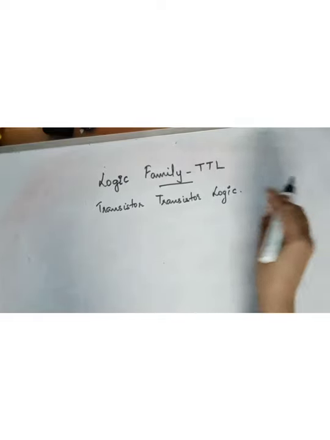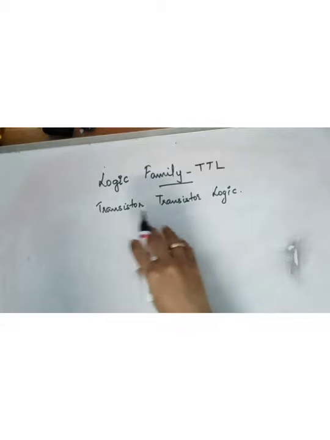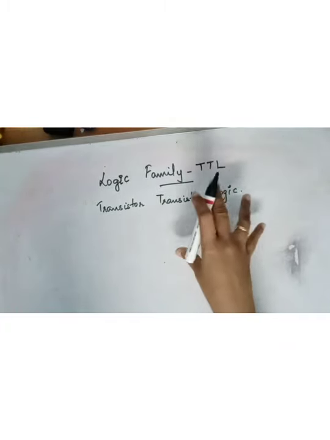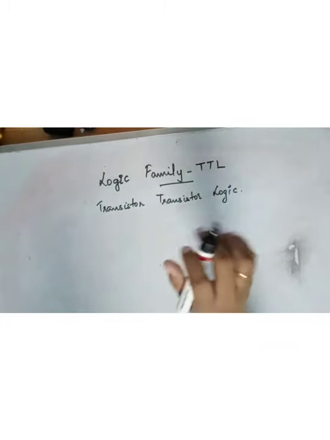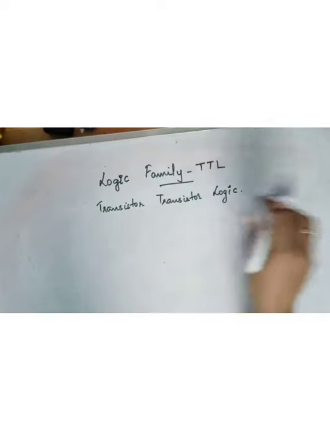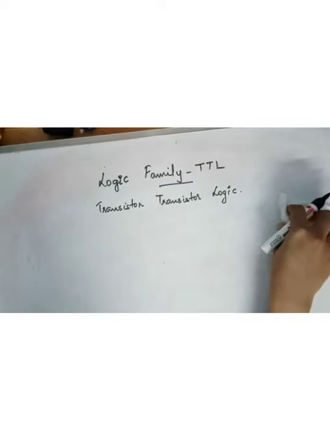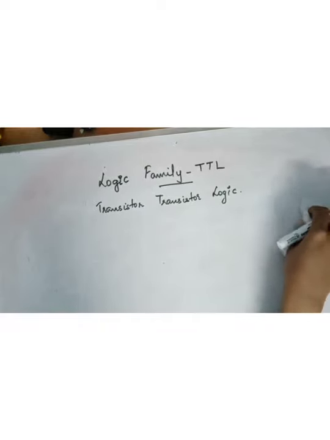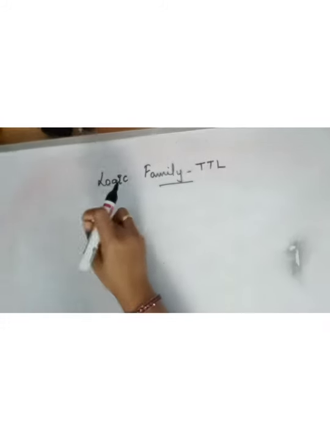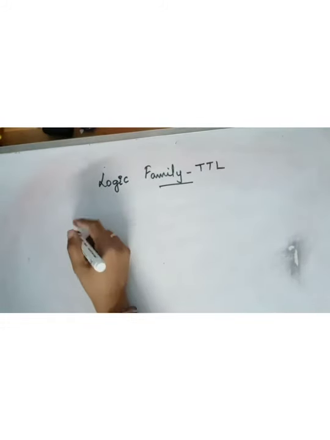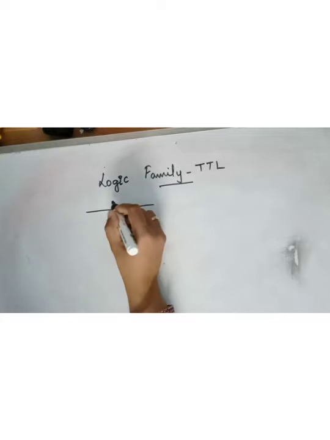So in this, basically, the circuit will be built with transistors. Okay, so there are many configurations for TTL. So we'll first deal with the simplest, the very basic configuration of TTL, and that is